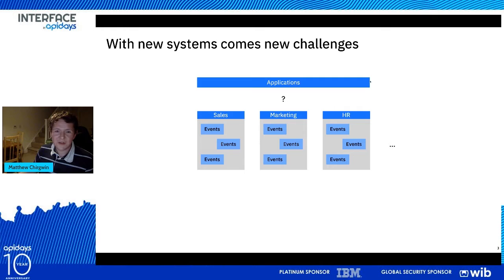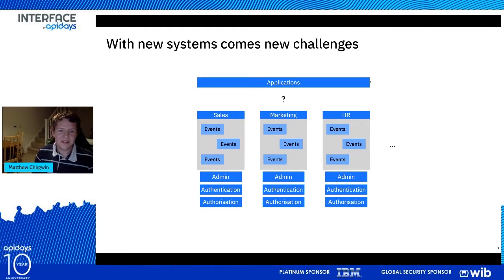There's also a challenge on the other side of the house as well, for the administrators of these systems. They are responsible for important things such as authentication and authorization, making sure that only the right users are able to access particular topics or sets of events as per their needs, to make sure that sensitive information, of course, isn't going out where it shouldn't be. But to do that, they're almost a bottleneck. They are constantly being bombarded with requests for access, and they have to maintain and manage that, making sure that the right people are informed and contacted when required.